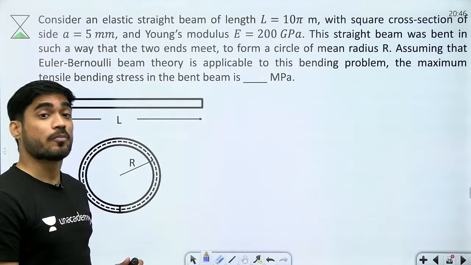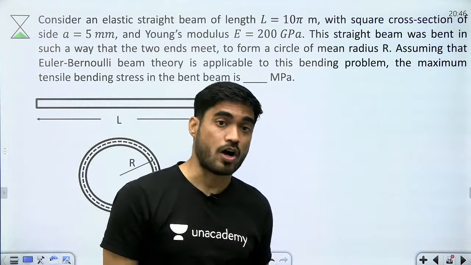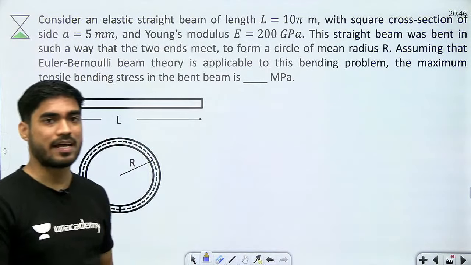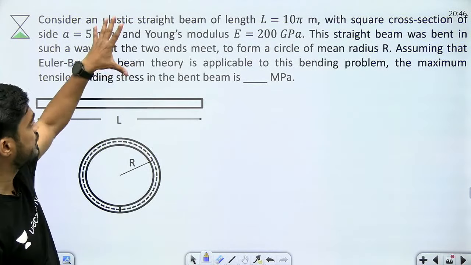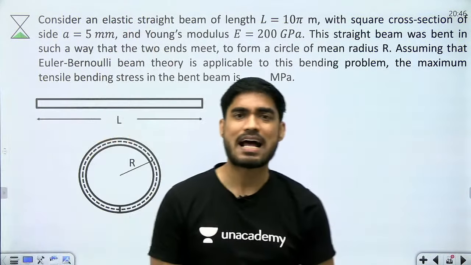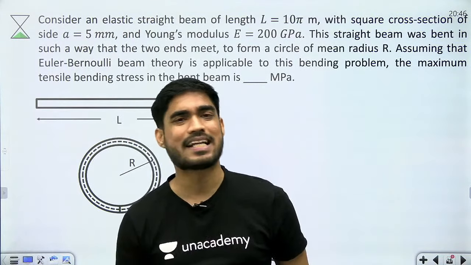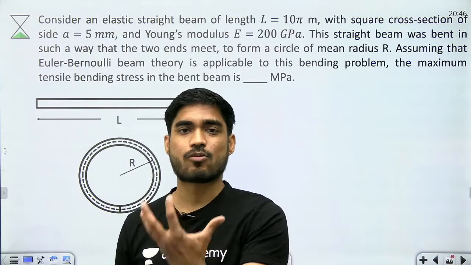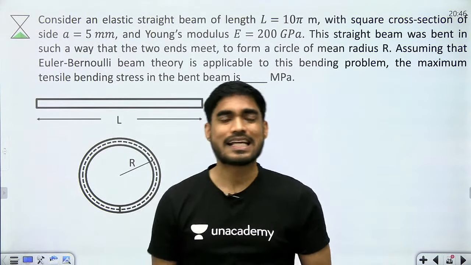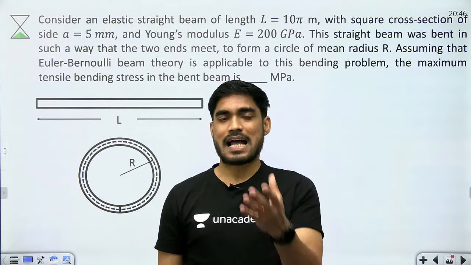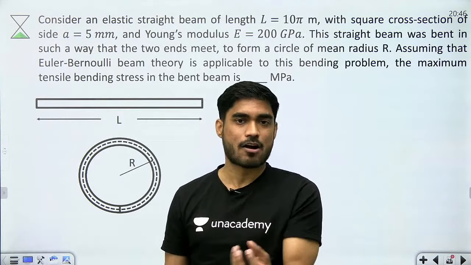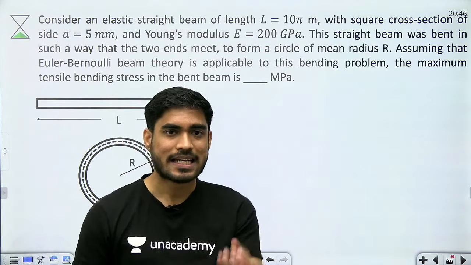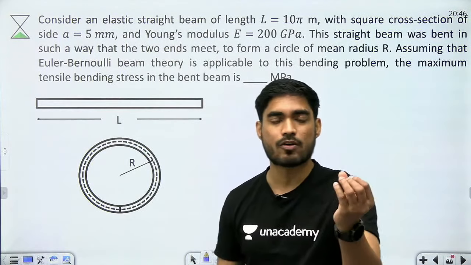Now beta, let's solve the numericals based on the calculation of bending stress. ठीक है, bending stress के calculation पे numericals को solve करते हैं. Okay, so let's solve this first numerical. Now beta, I told you that in the numericals of bending stress, you will either be given the loading condition so that you can calculate M, or you will be given the radius of curvature. या तो आपको M निकालने का सामान दिया होगा या तो R दिया होगा. So if M is given, you use sigma by y equal to M by I. If R is given, you use sigma by y equals to E by R.